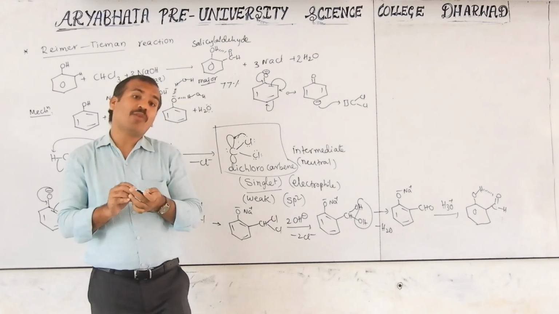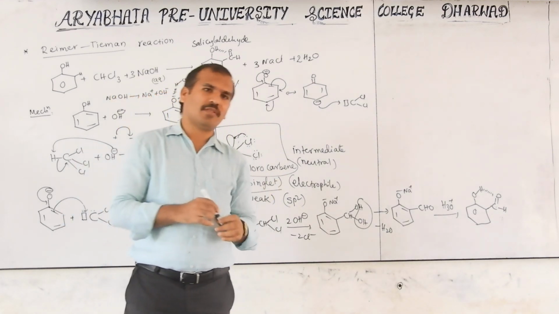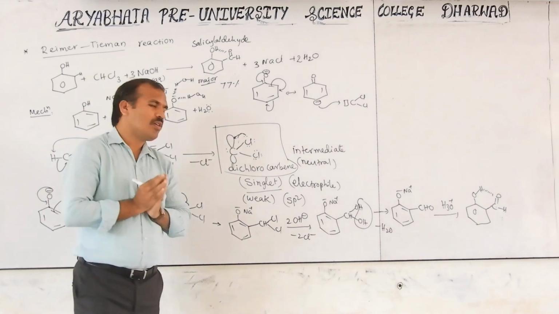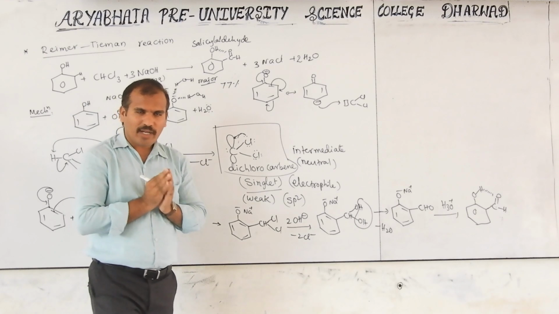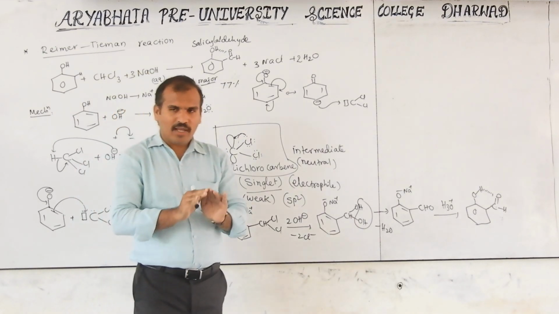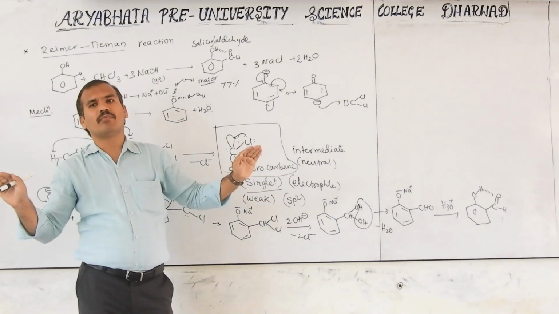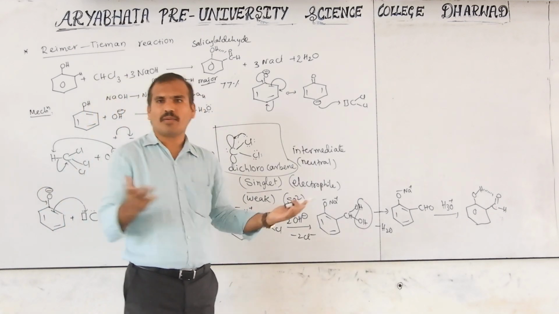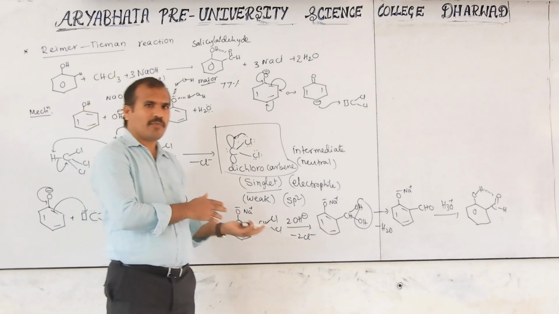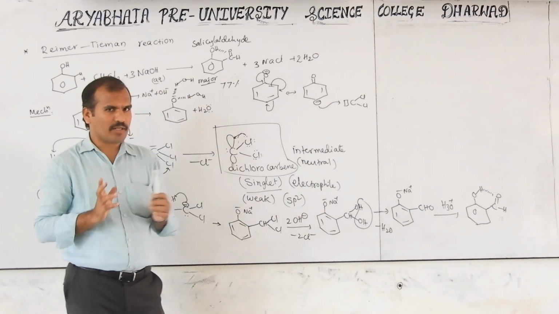If both are formed, then how can we separate them? That is also a question. You know intramolecular hydrogen bonding and intermolecular hydrogen bonding. Intramolecular hydrogen bonding gives less boiling point. Intermolecular hydrogen bonding gives more boiling point. If you do fractional distillation, then we will get two fractions separated. One is the ortho form, another is the para form. Like this also we can separate.